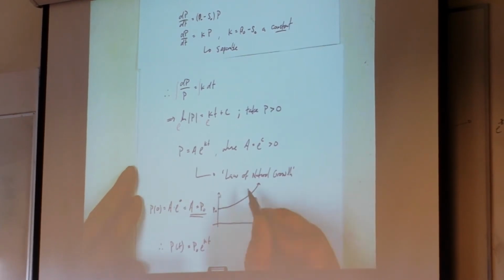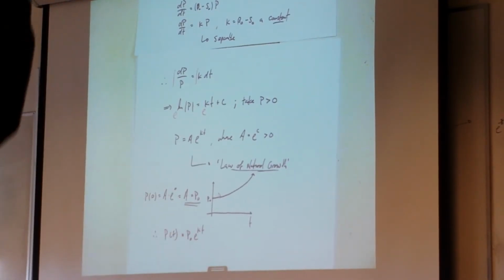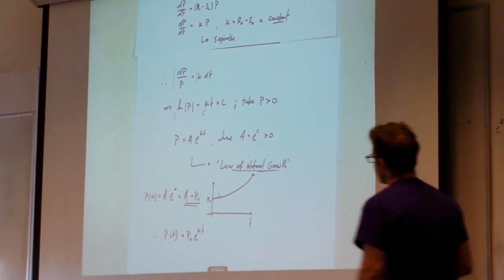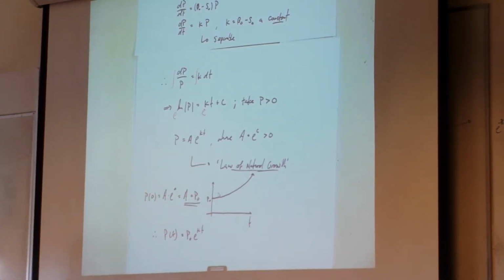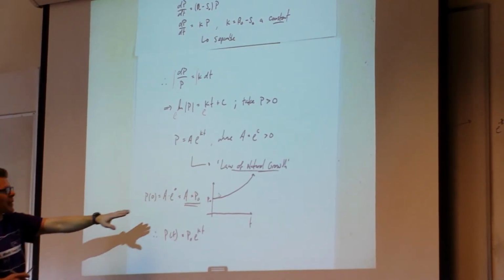Enough data to find a population, say 500 or 600 years ago? Well, if it followed, this is a very strict